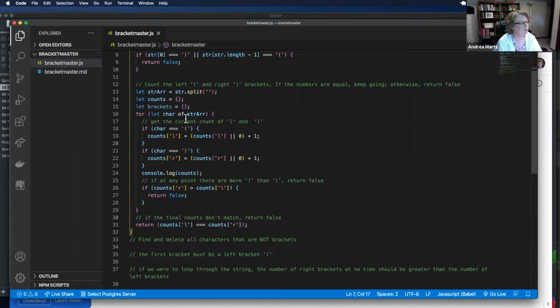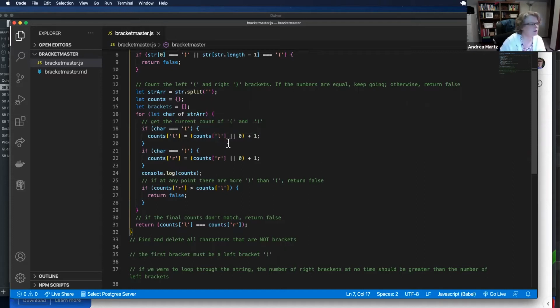For loop, we go through every character in that array and get the current count of the left and the right brackets. So this if statement is: if the current character is a left bracket, then we're going to create, in that object, L for left. And so L is either going to be 0 if we don't already have it, or